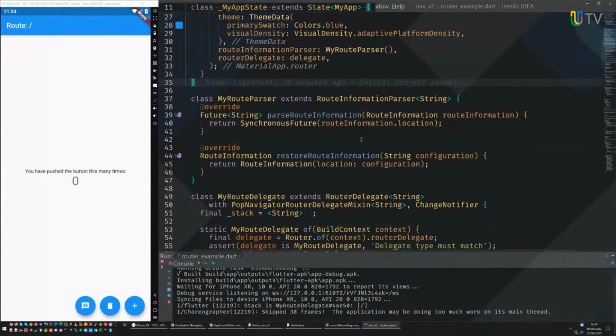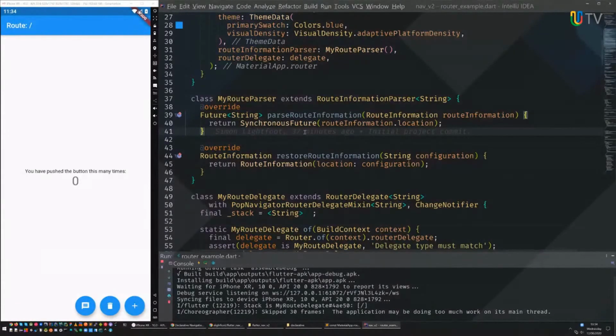So in this situation, again, they use a future, which is quite nice, which means you can do some asynchronous things, maybe look at an API or some other thing you want. In this case, obviously, the most optimal, fastest solution is to use a synchronous future. So we use a synchronous future, and we just return the location. I'm just taking the route name and saying that is the state, that is all the state information I need to bring back my route. It's an example, right? I wouldn't recommend that, but this is a good example.